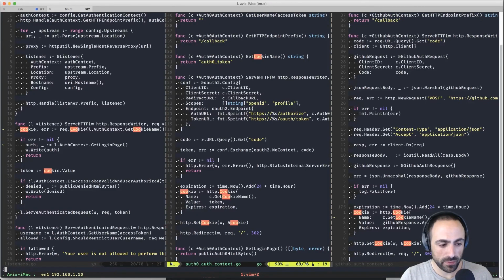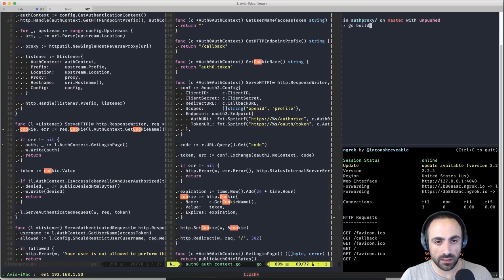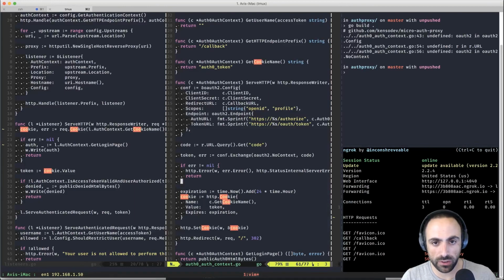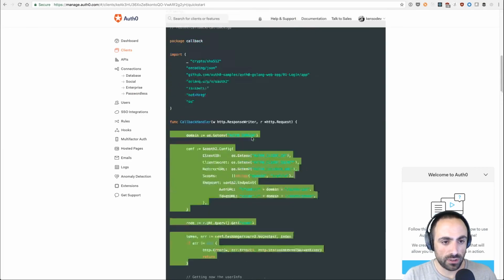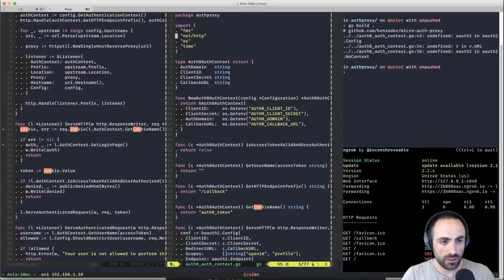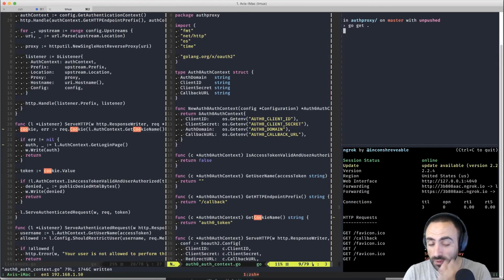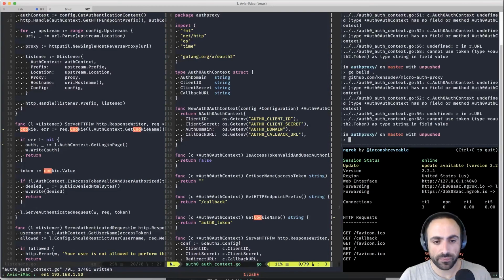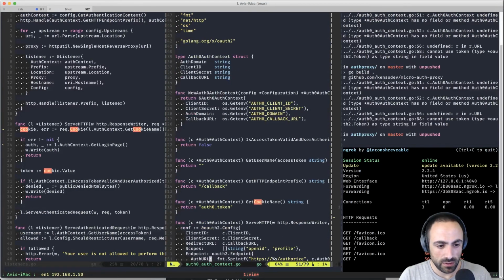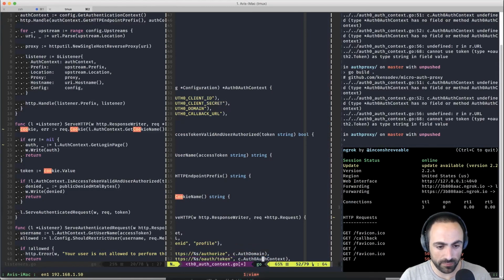All right? So go imports, and let's go ahead and build, and we probably have a few errors. Oh, I need to import this. So this, and go get, and then build. Okay, great. So now line 51 is c.domain, oh, it's auth domain.